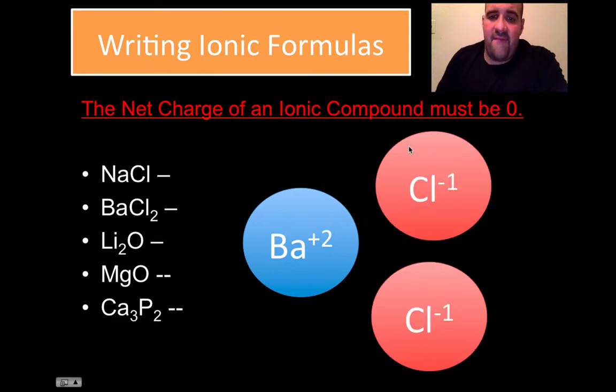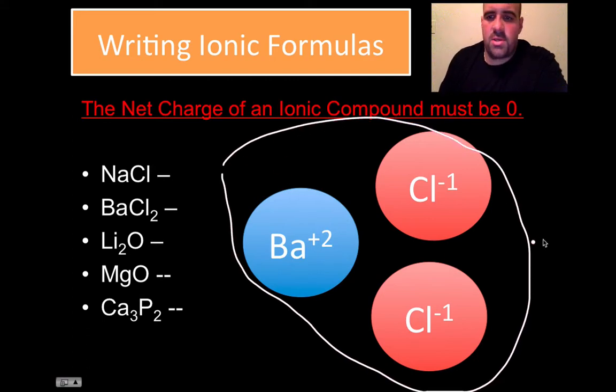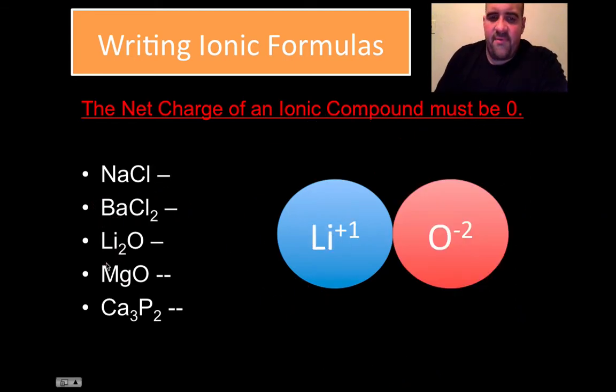And now we have barium with a +2 charge and 2 chlorines with both -1 charges. And that's going to equal a total net charge of 0. That's why barium chloride is always a combination of 1 barium ion and 2 chloride ions, BaCl2. Same thing's going to happen with lithium and oxygen, except lithium has a +1 charge, oxygen has a